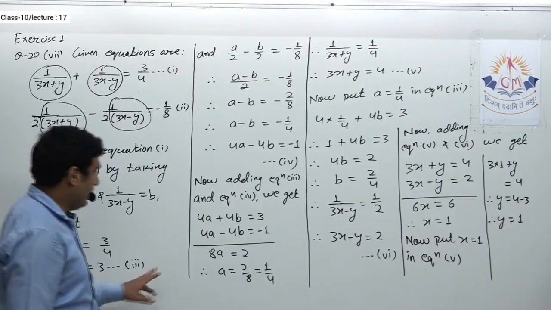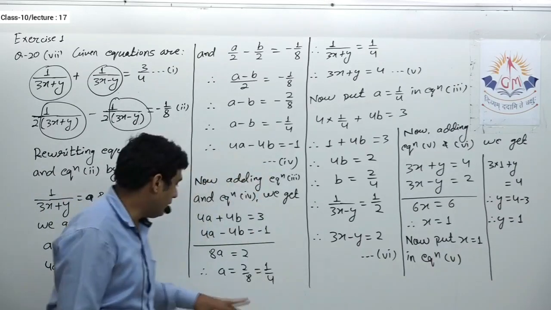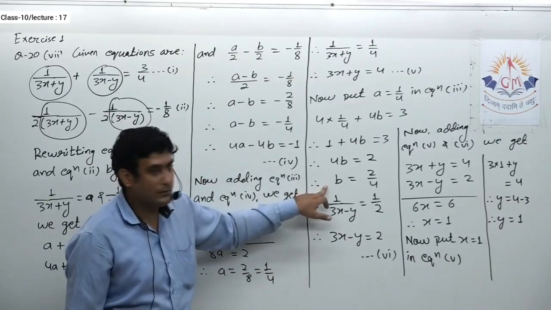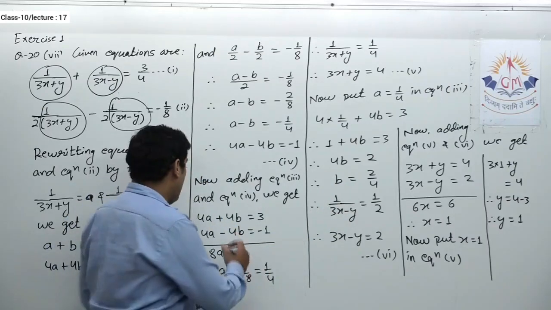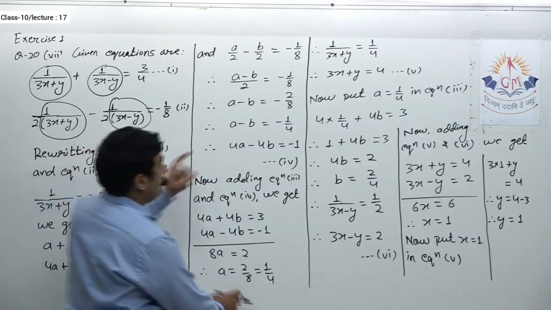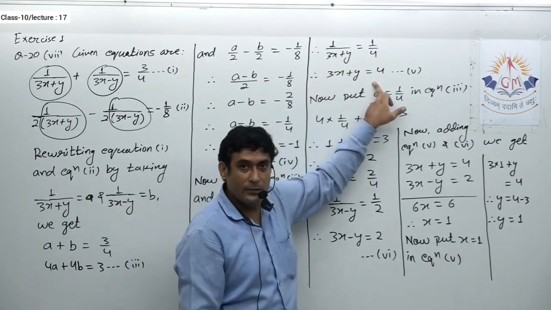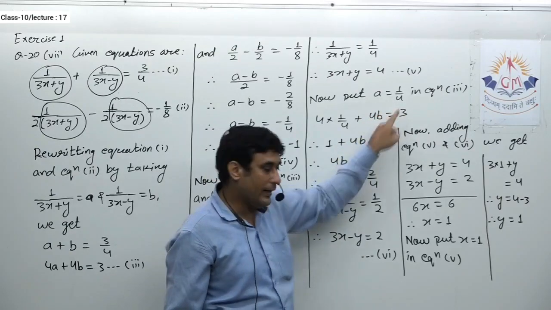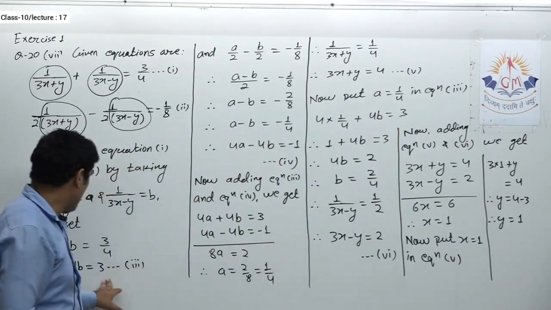After that, definitely you will get the values of A and B, or whatever substitution that you had made. After getting A, if you observe, I never try to get the value of B directly. After getting A, I replaced whatever A was. Over here it was 1 upon 3x plus y, so that I'll get a relation between x and y. And then I used to put the value of A in either of the equations containing A. Over here I used equation 3.